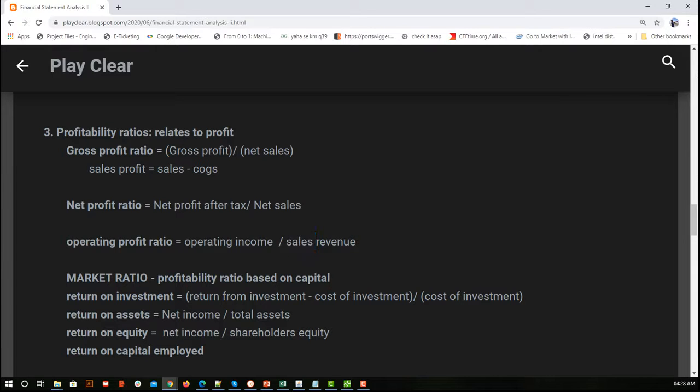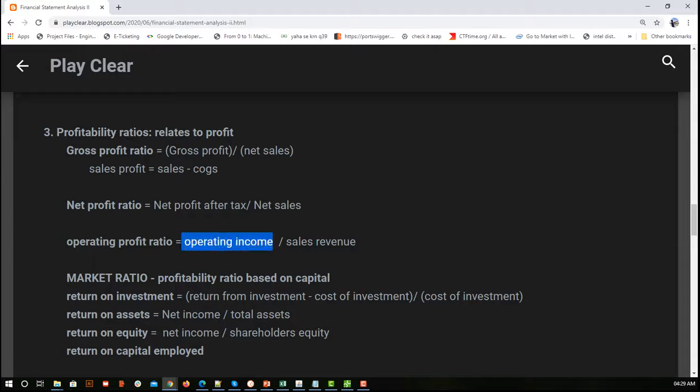As simple as that. Now, operating income means what? The income that I am getting from my core operations. Here the sale is also one of my core operations, right? So the income is whatever revenue I am getting, out of that, after removing all the expenses that I have to pay. Whatever I am left with, I see as my operating income. That is the income I am generating from operations versus the revenue I am generating from sales. I hope that is clear.